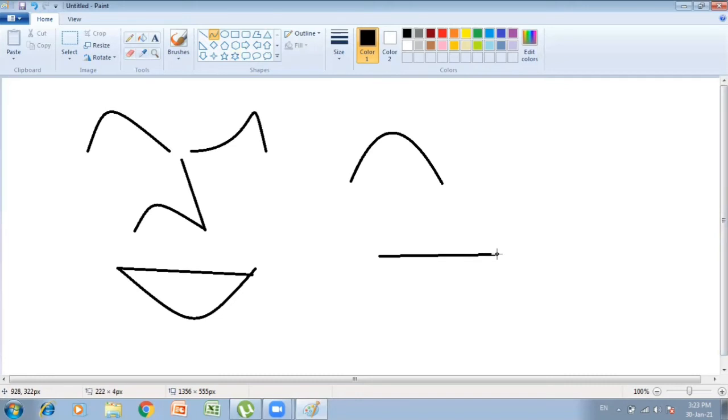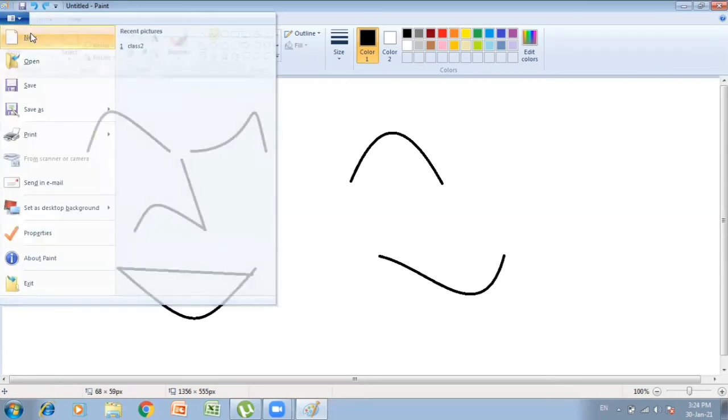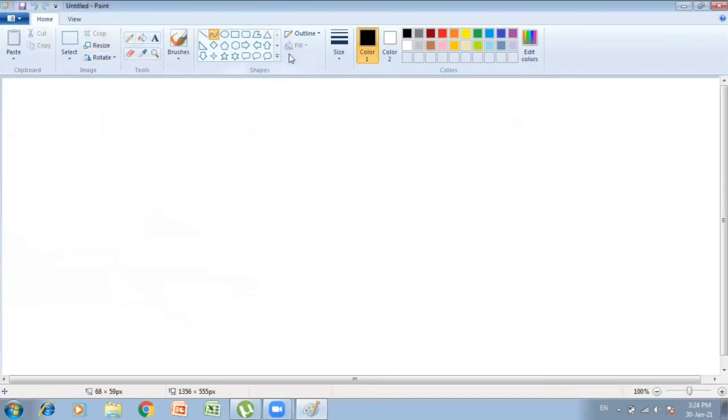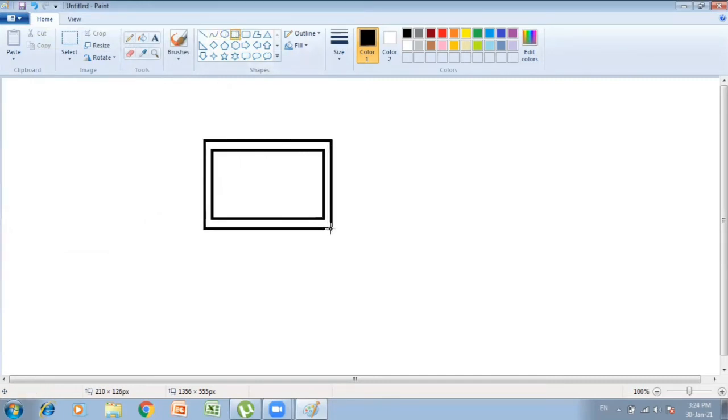Okay, let us try one more time. Okay children, next is the rectangle tool. Let's take a new one. Now here on the fourth number you can find one rectangle tool is given. You'll select it and then you have to drag, and whatever size you want, till there you will drag it and then you will release the mouse button. Okay, again like this.